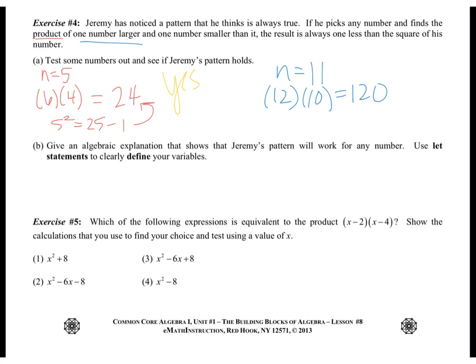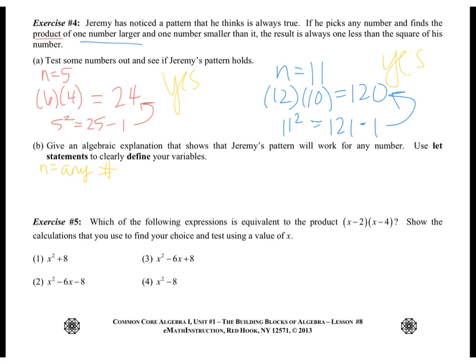And it's saying, is that product, so if I square 11, 121, and I subtract 1, does it equal 120? Yes, it does. So now we need to give an algebraic expression that shows that it will work for any number. So if n equals any number,